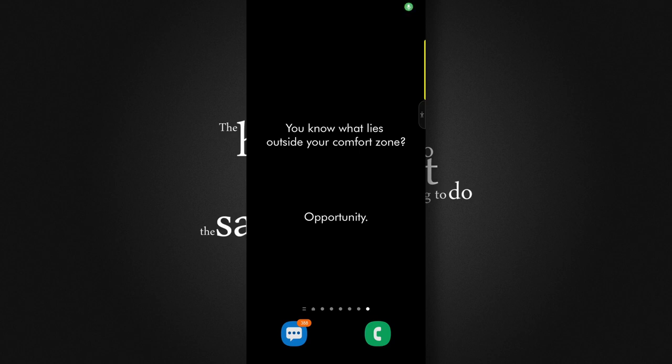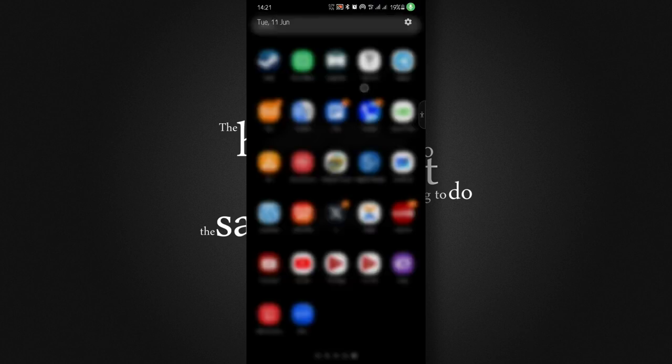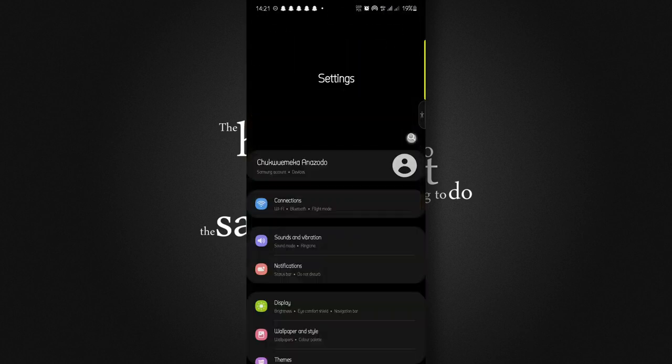Going to show you how to enable picture-in-picture mode on YouTube. So first of all, ensure you have YouTube installed, which I do have here. Then go to settings, search for YouTube,